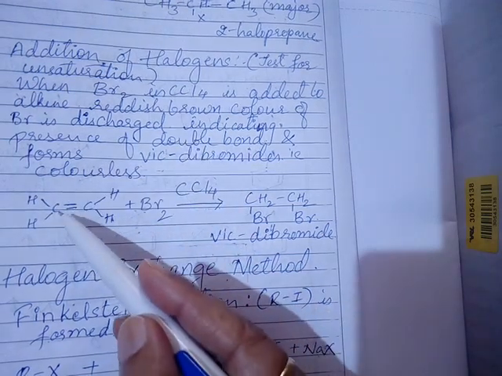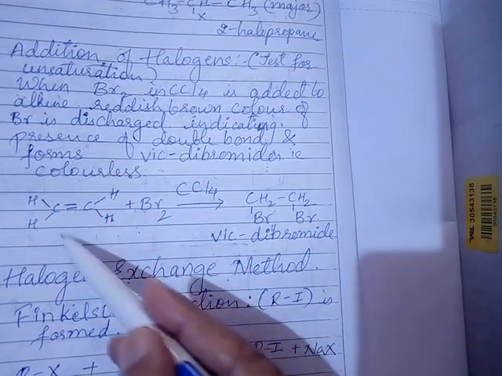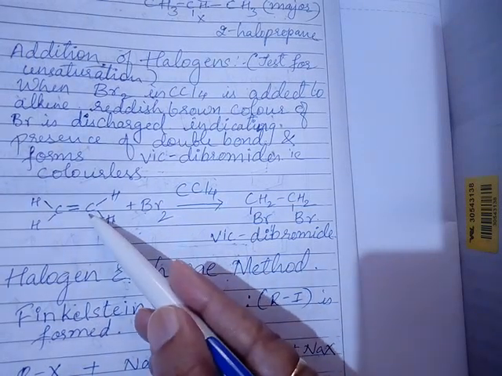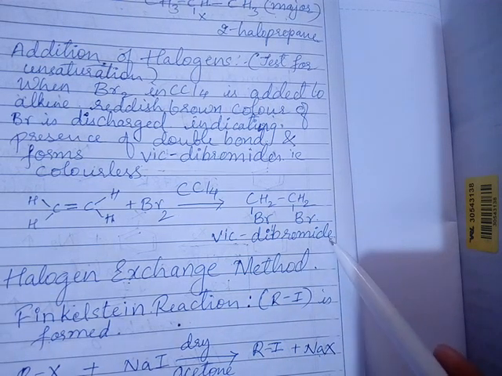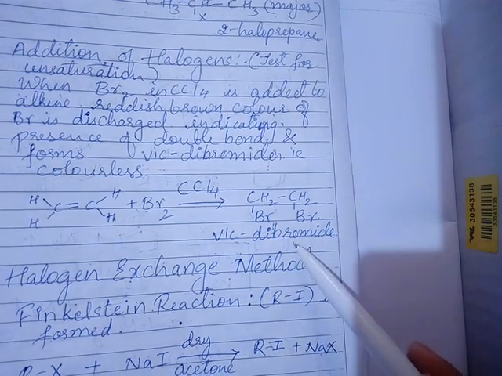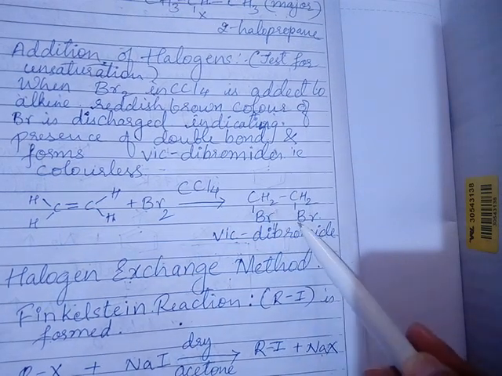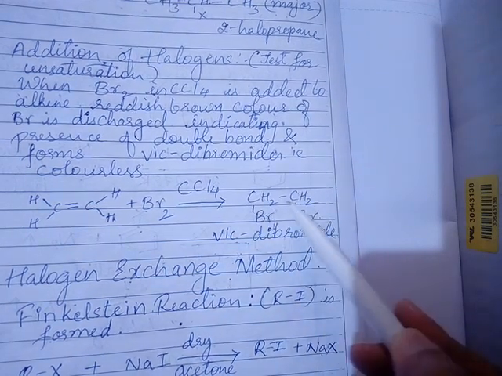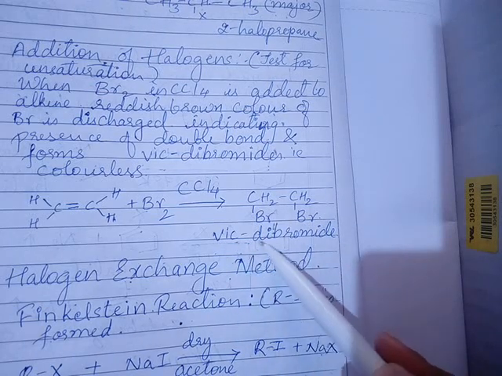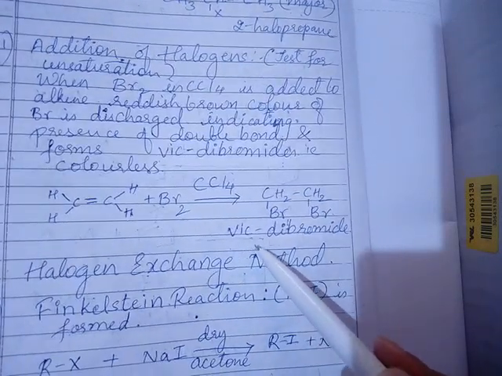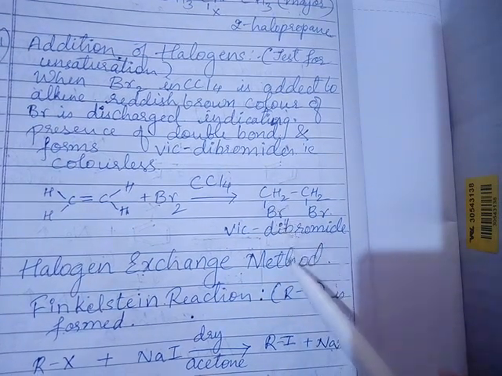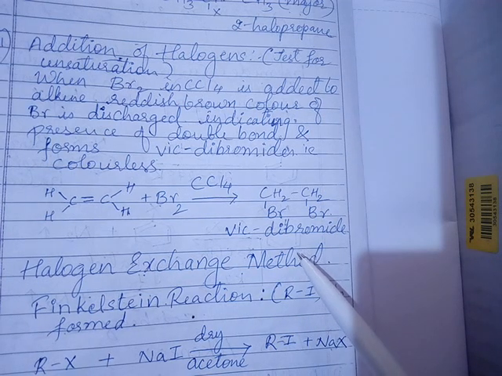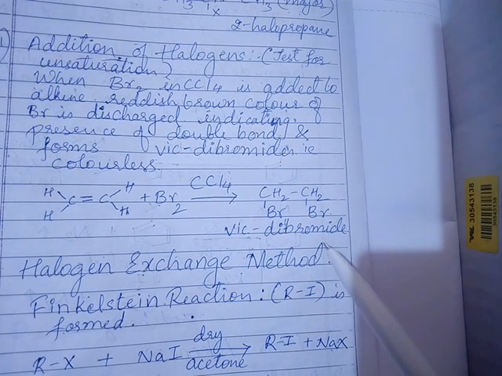The double bond is going to break here. In that place, one Br will attach to this carbon, another Br will attach to this carbon. So it leads to the formation of what? Vicinal dibromide is formed. As you see, one bromine is on this carbon, one bromine on this carbon. Both carbons are adjacent to each other. Such a type of compound, we call it vicinal. In short, we write it as VIC. So vicinal dibromide. In this way, it leads to the formation of the dihalogen compound. So this is one more method of preparation.